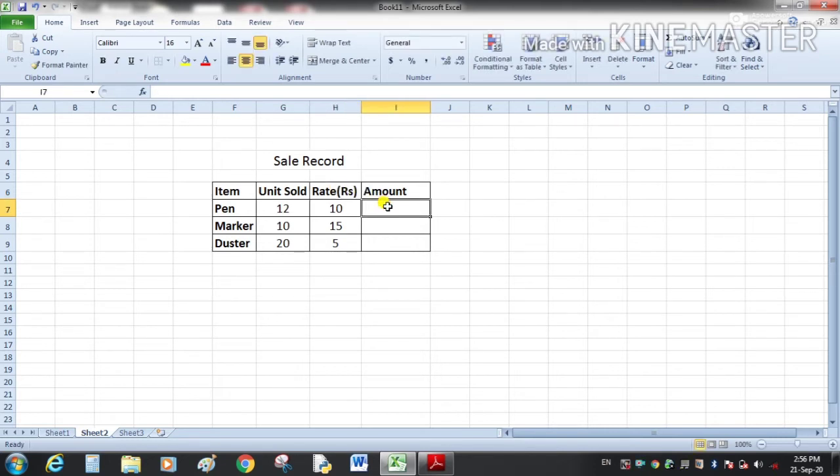So what will be the total amount? We will multiply this with this. So write the formula here, equal to sign.